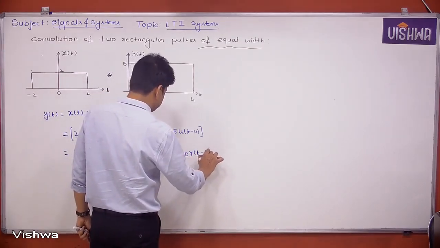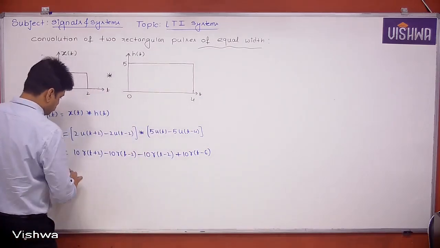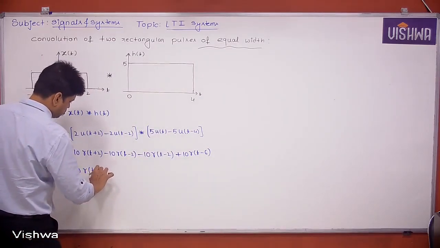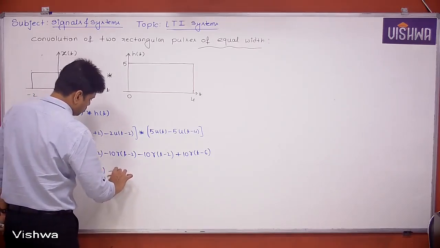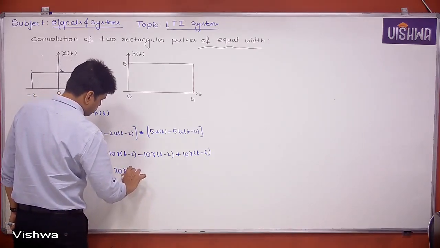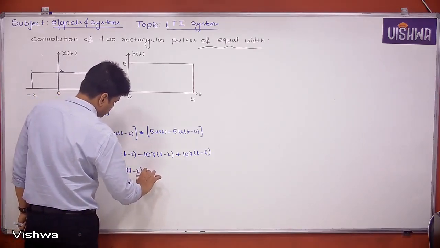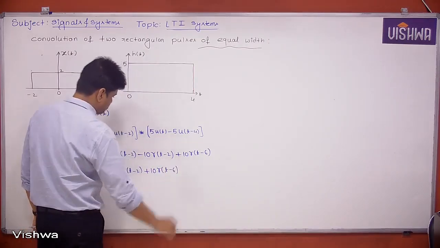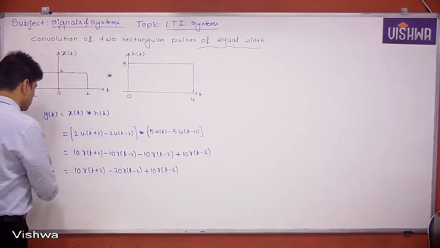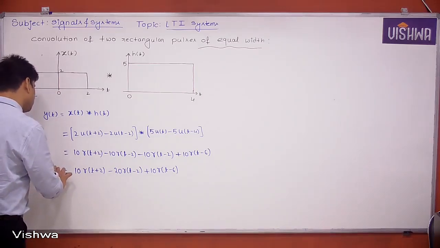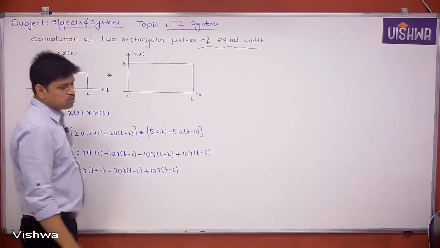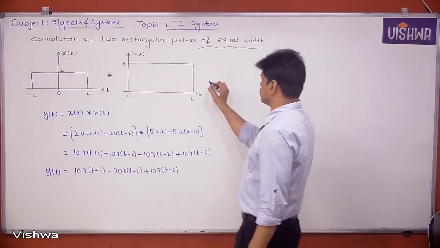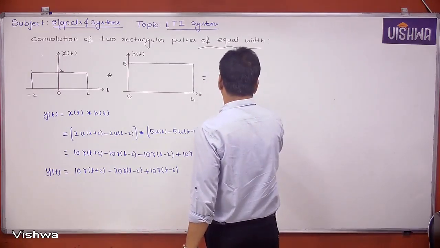minus 6. So if I club these terms, 10 r of t plus 2 minus 20 r of t minus 2 plus 10 r of t minus 6. So this is what the y of t. And we know if ramp signals are given, how to represent in the graphical. So this is going to be